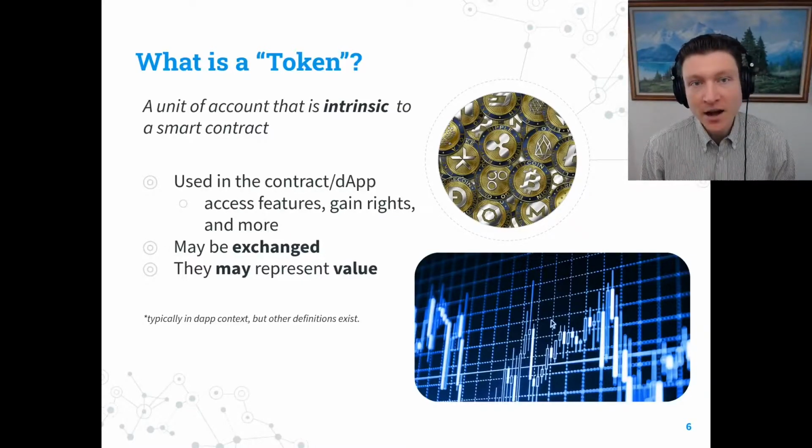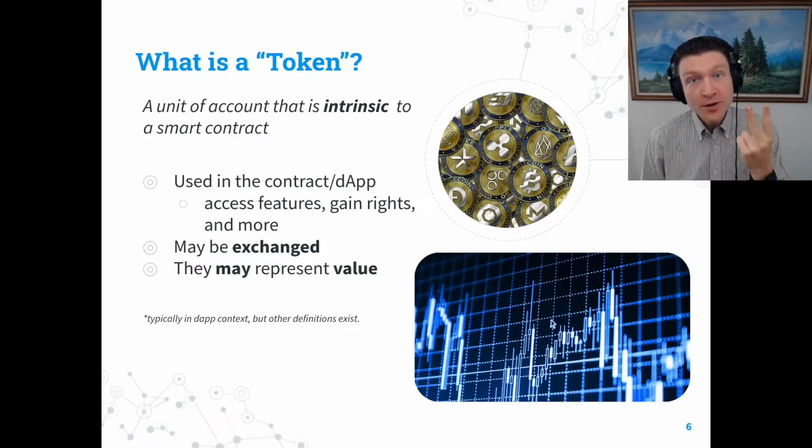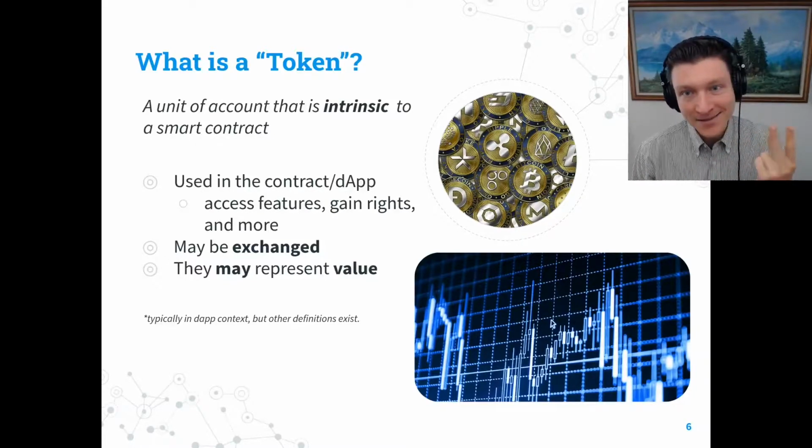There are definitely other definitions that exist, but typically token, when you're talking in the cryptocurrency space, is implying that it's part of a contract. Whereas coin is the other term that's used, and is more typically associated with a native network unit of account. So things like Bitcoin would be a coin, and Ethereum would be a coin. Whereas one of the tokens that is very popular is DAI. This is a stable coin that's locked to the US dollar, and it's an ERC20 standard token.